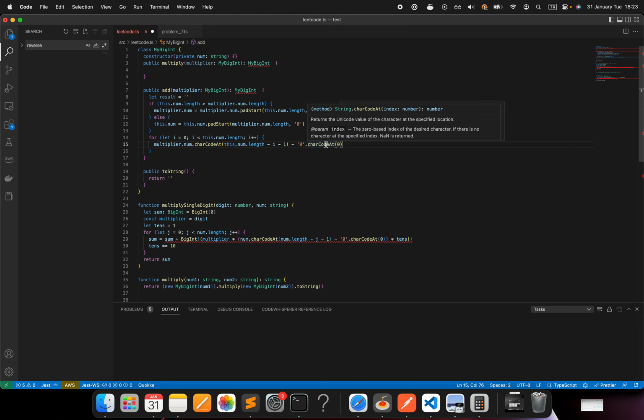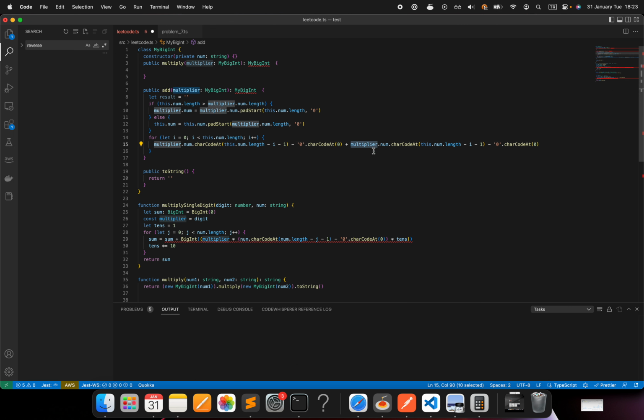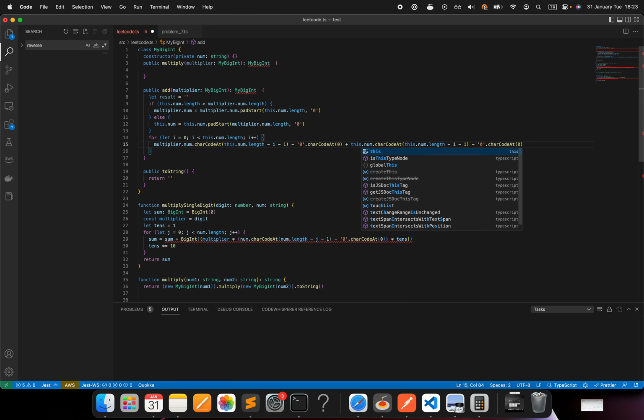This is a constant, right? I can take this as a constant, but I won't bother doing it. So this plus the other one, which is this dot num,